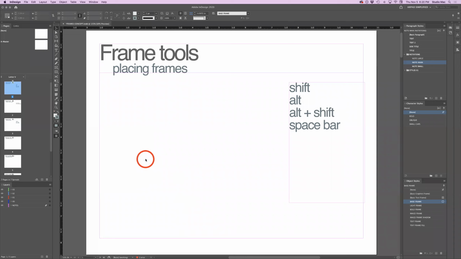The following methods of placement will actually apply to any of the frame types: text, graphics, or unassigned. Let us start with an unassigned frame. So of course, we have the text frame tool here, the graphic frames tools, and the unassigned frame tool. So I just select the default one on the top, the rectangle,